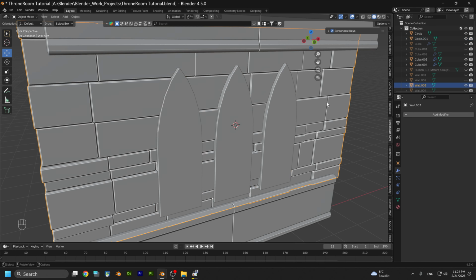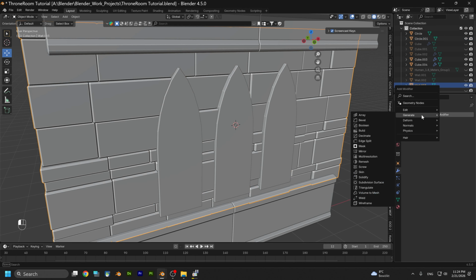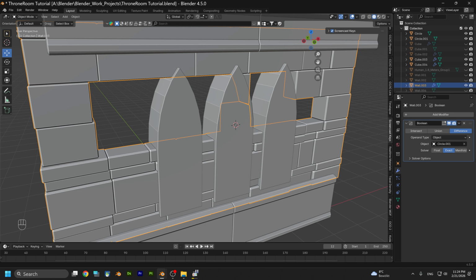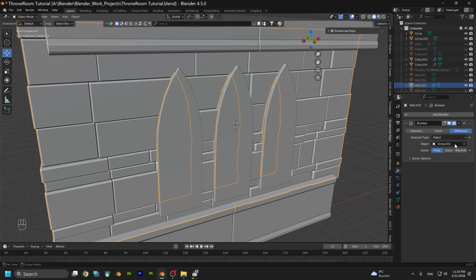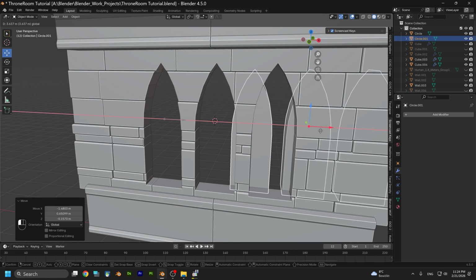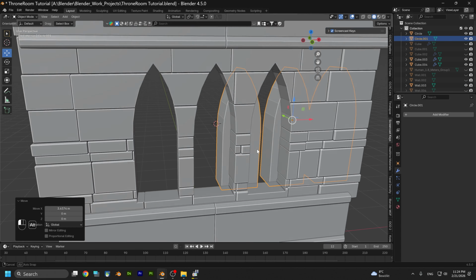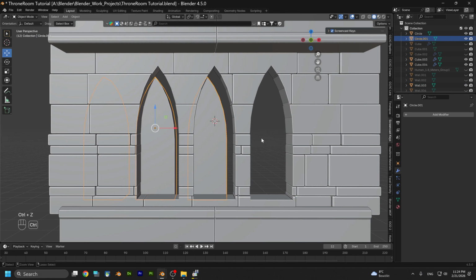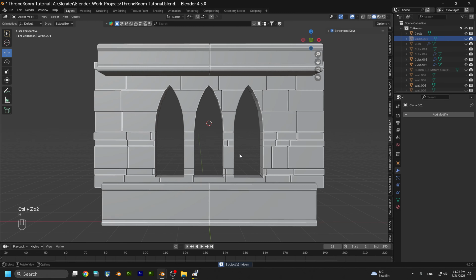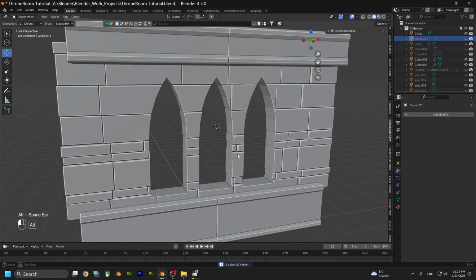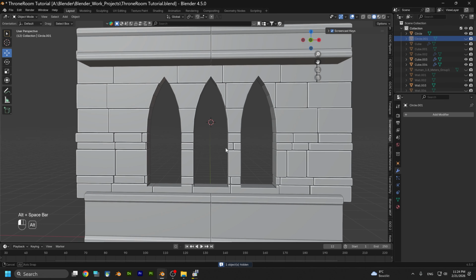So now we're going to select this wall, and we're going to generate boolean, and we're going to select this shape, and we're going to go to float, and let's apply, and if we move, we have our openings. Let me hide this so I can see, is everything okay? Yeah, we have our openings,